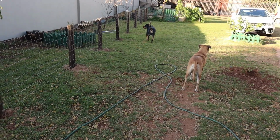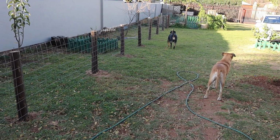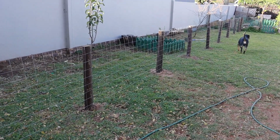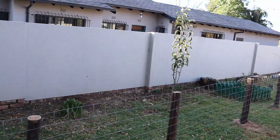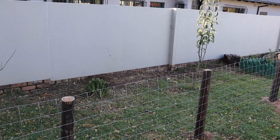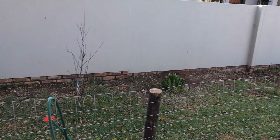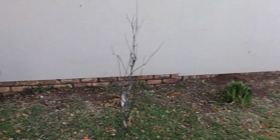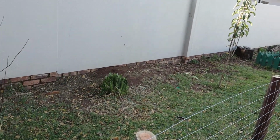Right, so we're in the middle of winter and I wanted to give you an update on the garden. I've taken over more of the normal garden and created a new veggie patch, and I'll go through all of that with you just now. But effectively this wall along here where we planted all the fruit trees doesn't provide much function in terms of space, and I figured I would turn this into, it's about 3 meters by about 25 meters long,